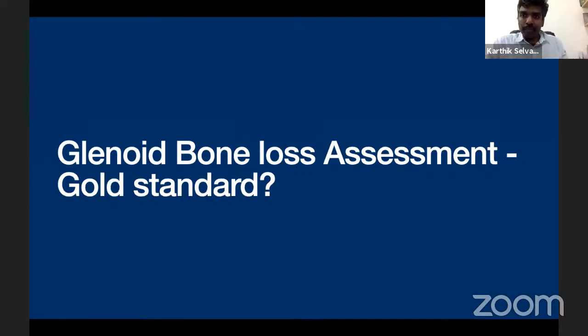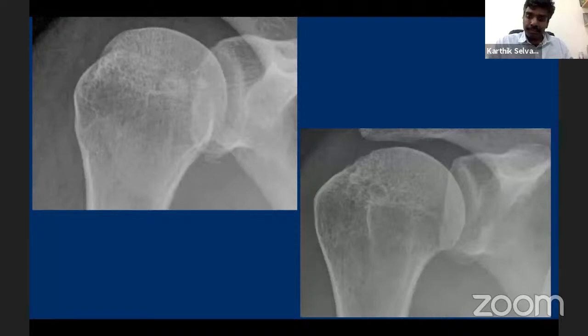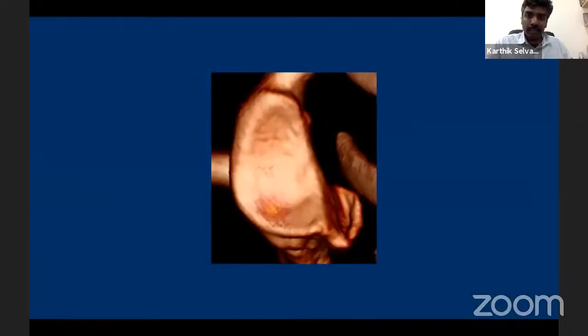Now, is there a gold standard? I've just looked at literature to find out if there is any gold standard in assessing glenoid bone loss. And as everyone talked about, there are people who still use radiographs. There are people in Europe who use radiographs, Bernageau, as their standard way of assessing bone loss, but no one can contest this sort of a picture you get from a 3D CT scan. So when you see this, your choice is already made. As a surgeon, you want to actually know what will work for the patient. And if you're given a picture like this, then your surgical decision is made.